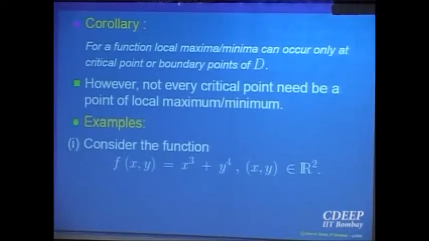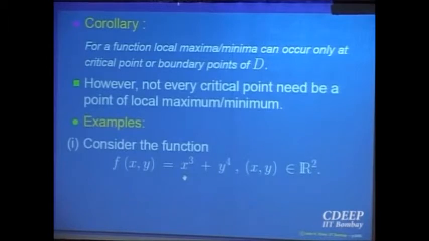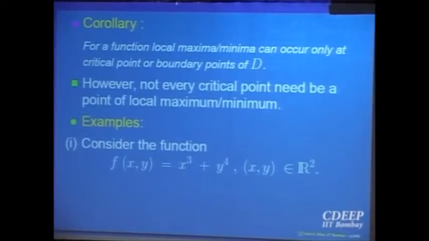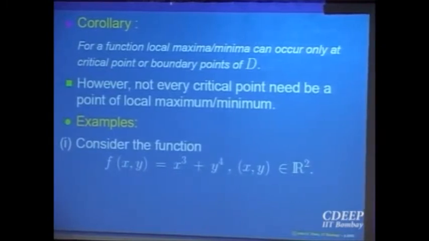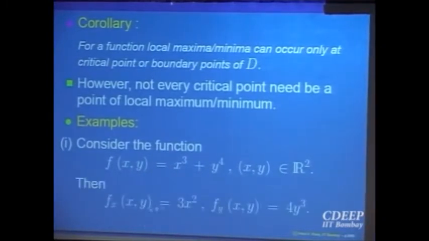So what is happening? Actually this is a function which has the property that at 0, 0, howsoever small a neighborhood I take, I can always find either a positive value or a negative value, right? So that's what I have written here, when y is equal to 0. And if you look at the derivatives, what are the critical points for this? The function is differentiable, partial derivatives exist everywhere. The first partial derivative with respect to x is 3x squared, with respect to y is 4y cubed. Possibly where can it have a local maximum or local minimum? 0, 0. And we have just now seen 0, 0 is not a point of local maximum or local minimum.